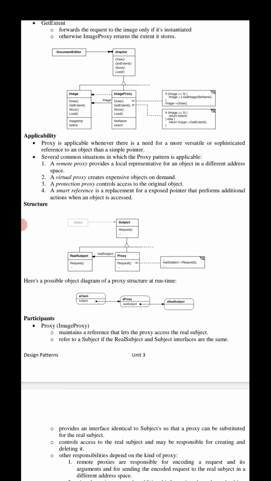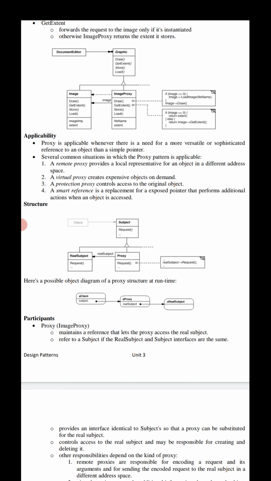Here are several common situations in which the proxy design pattern is applicable. The first one is a remote proxy. A remote proxy provides a local representative for an object in a different address space. We call this kind of proxy an ambassador.